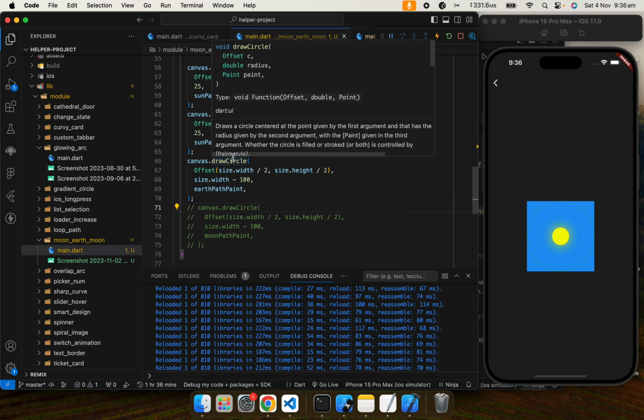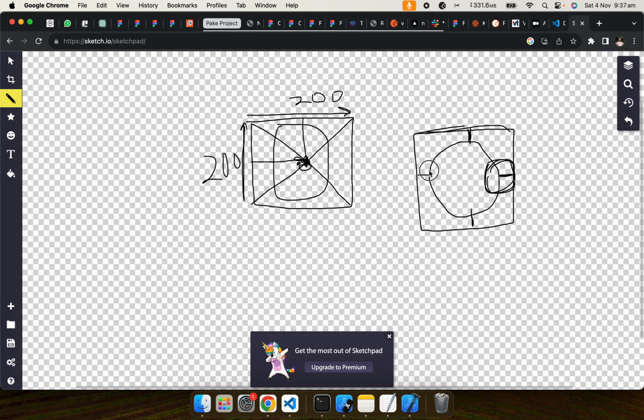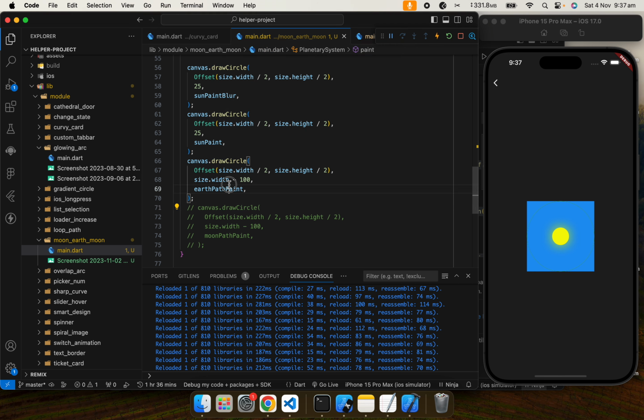Now remember the radius, this is the radius of the circle, right? You know that the radius of this circle now should be this small radius minus half of the width of the earth. Let me come again. The radius of this earth part is going to be this small thing here minus size dot width over 2. Exactly. So if I come here and make this size dot width over 2,